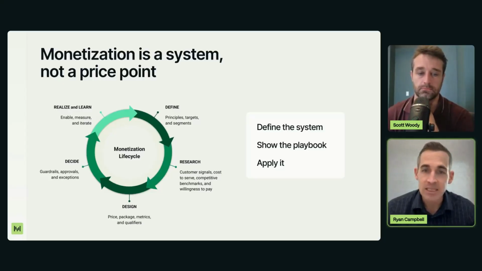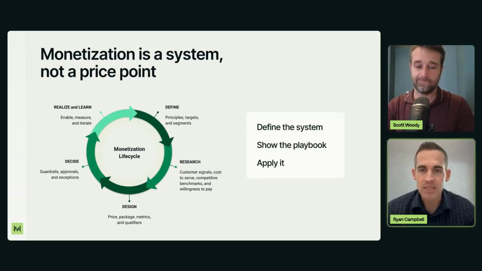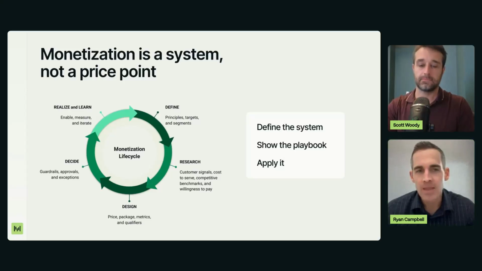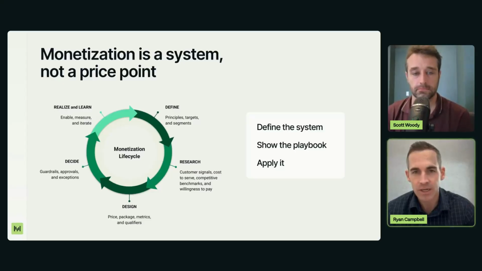We then think about the design, which is once you've gotten a definition of what are we building, what's the value prop, who are we going after, and then you marry that with the research. You then design the actual pricing model, the pricing system, and the plan in which you're going to take that to go to market. And then our 4th step is really around the decision and the governance, right? How do we get the company on board with what we're actually going to do and make sure that we're aligned across all the various functional leadership and stakeholders to have a single voice when we talk about this with customers.